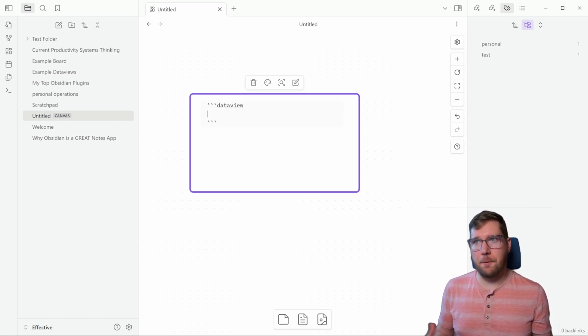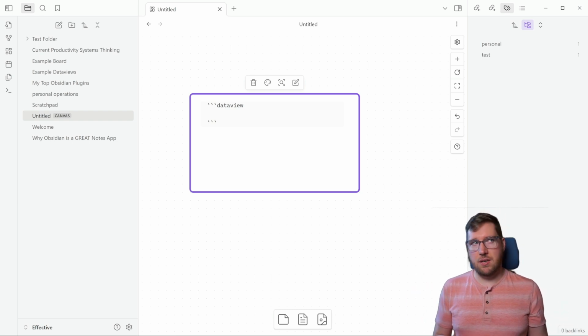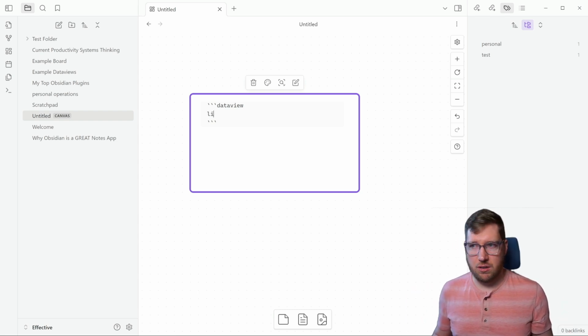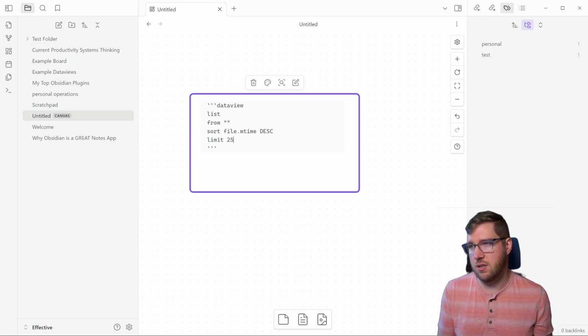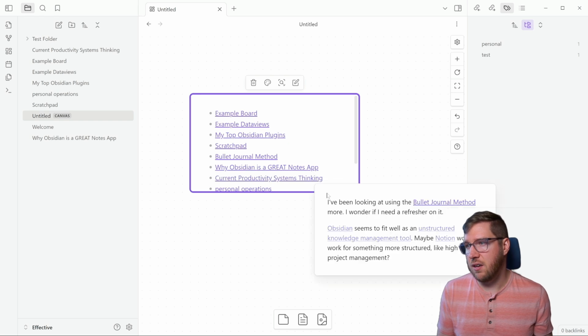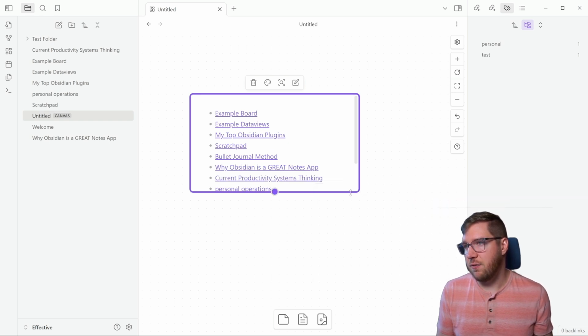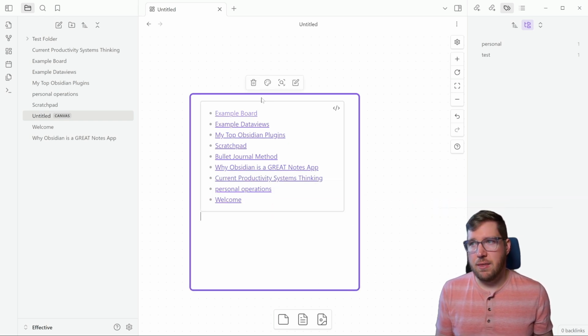Now, say I want to pull in all of the most recently modified notes in my vault. I can do that by starting with list, and then I can do from blank, and I'm going to sort file.mtime descending. mtime is the modified time, and then I'm going to limit it to the last 25 notes. Now granted, there's not 25 notes in this vault, so it's not going to show that way. And if I click off of here, you can see now I have a full list of notes by the most recently edited,